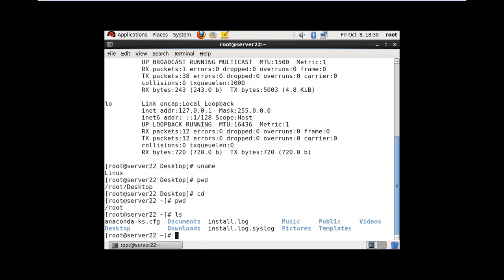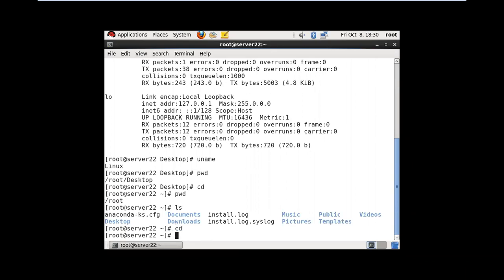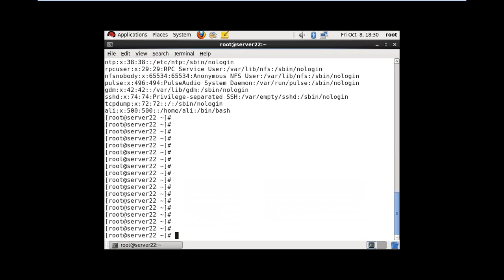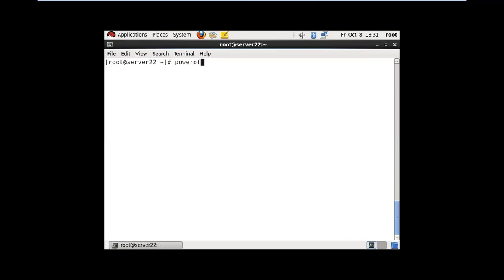All the commands, every configuration, we can do at the command prompt only. So you are not going to use any graphical user method, but you can get a desktop experience, it looks like a desktop, but everything we can do with commands only. So where is all the users' information stored? In the /etc/passwd file. Just now we created a user account, Ali. So Monday onwards, we are going to start the basic commands of Linux.